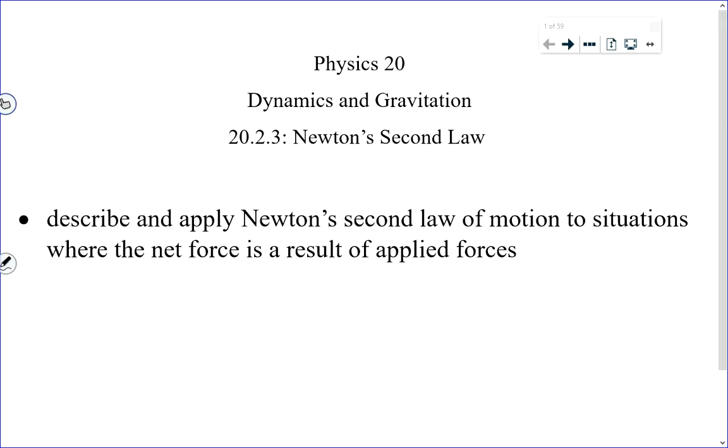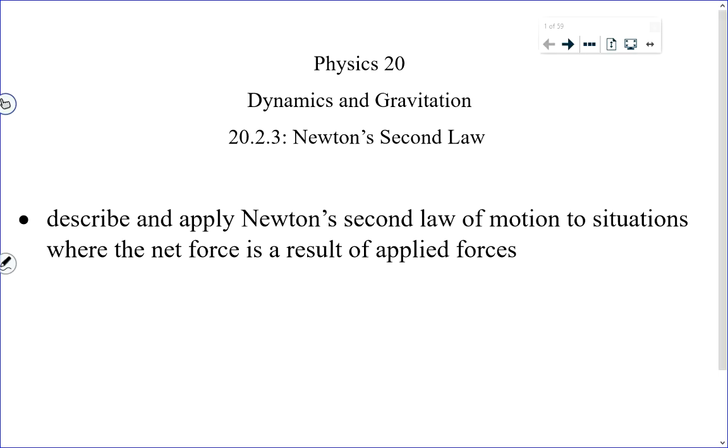What are we doing today? We're going to be looking at describing Newton's second law of motion and applying Newton's second law of motion to what I would describe to you as very basic situations. This is a very important law of motion, and it turns out that we're going to be applying it to a number of different situations over the next, I would say,